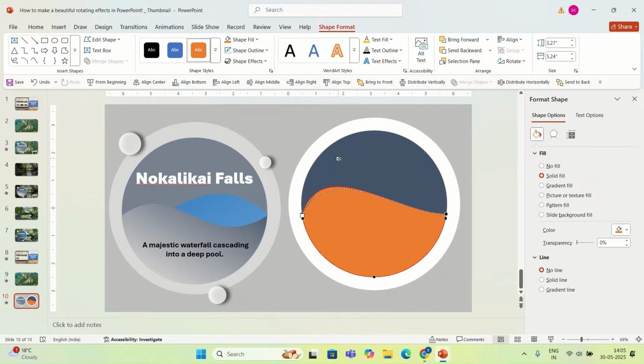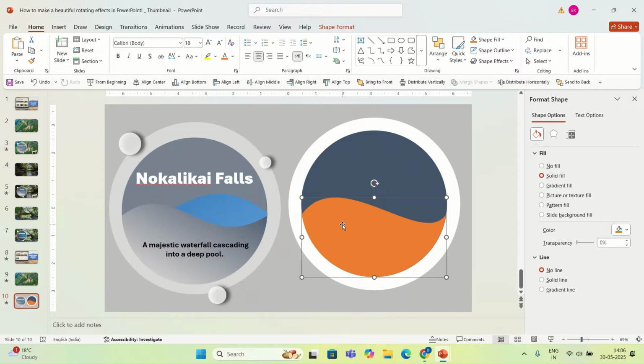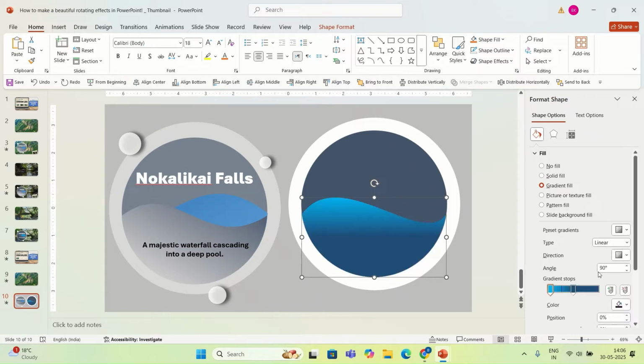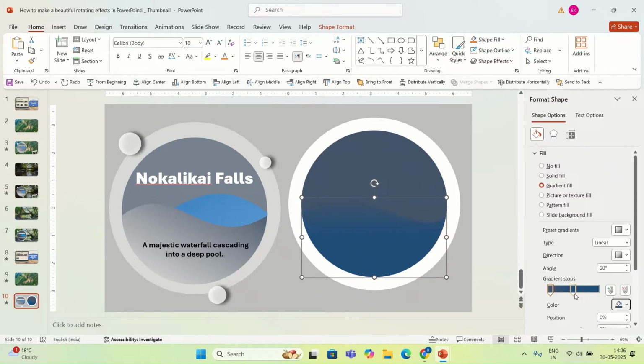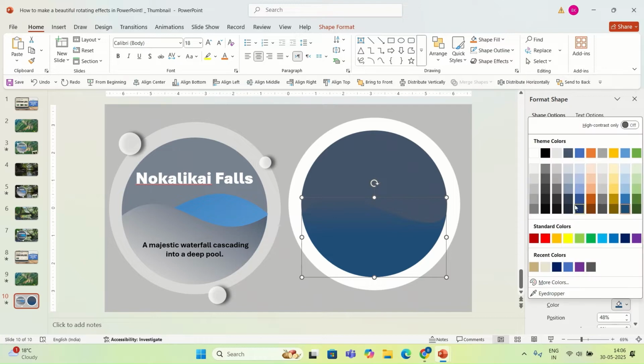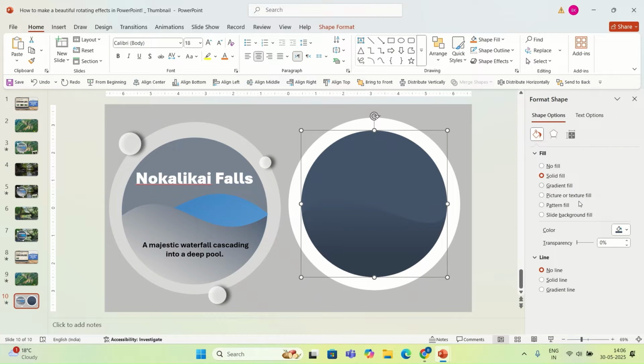You can follow exactly what I'm doing. I'm also going to change the color of this shape. I'm going to select gradient fill, and for the first portion of the shape, I'm going to change the color. Also, I'm going to change the color of the second portion. Now I'm going to set the transparency of the middle shape to 35%,